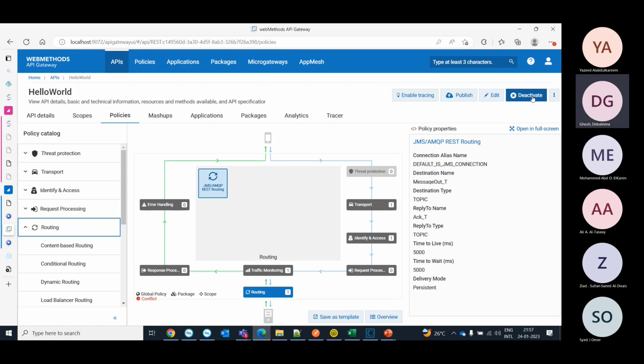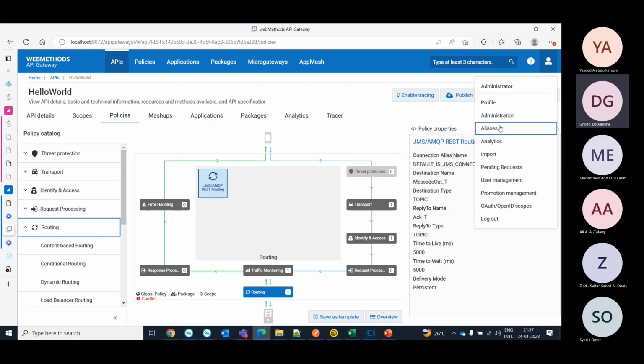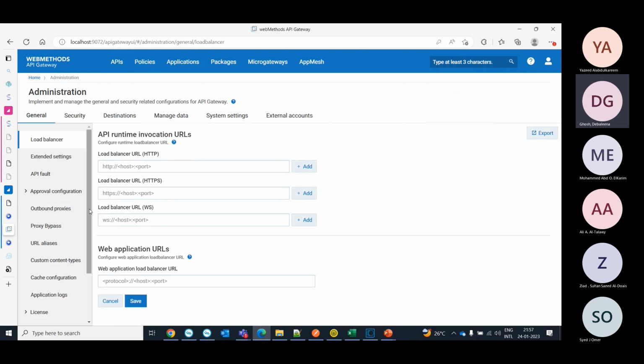So API gateway can work with JMS seamlessly. If we ever want to use this protocol for routing,